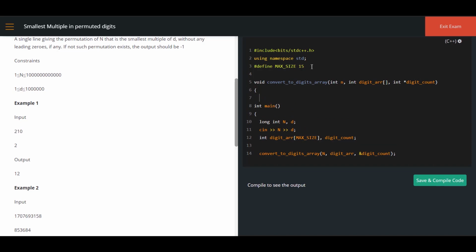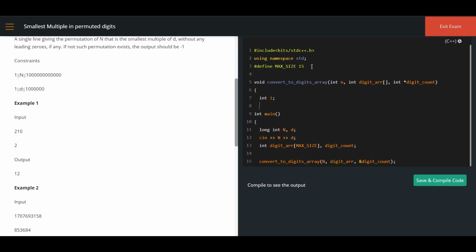Okay, what I have to do, let me declare a variable int i, and star digit_count equal to 0. Initially I am going to give the value 0 for the digit count. Now I have to extract the digits, right? How do I extract the digits? By using a do while loop.